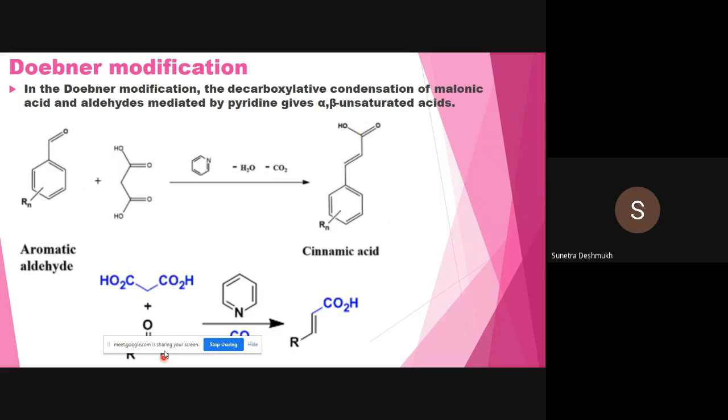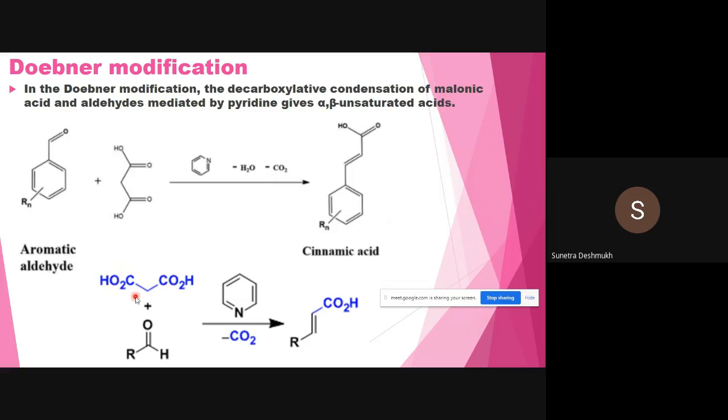So this is the application of the Knoevenagel condensation. Now again, we will go for the next modification of the Knoevenagel condensation. That means some modification in Knoevenagel condensation, that one called the Doebner modification. Another scientist has contributed some work, and with his name we can identify such types of